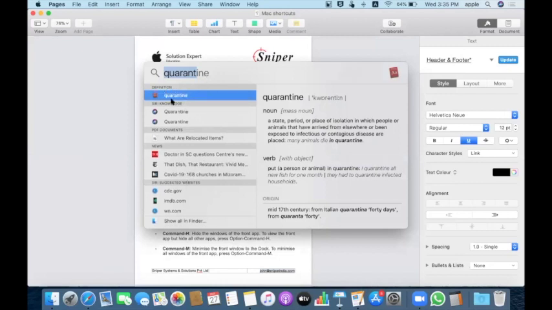If I type quarantine, it shows the definition. It's a suggestion from Siri Knowledge, and I have a document which contains quarantine, and I have seen some news related to it. And these are the websites I searched, and those websites contain words like quarantine. So if I don't want to show this kind of thing, I can change the settings for it. So just go to the Apple icon,